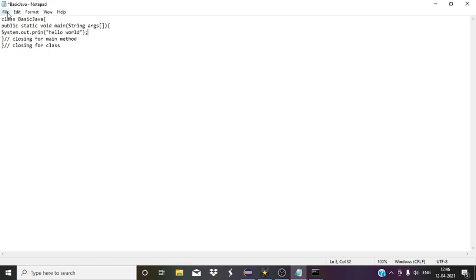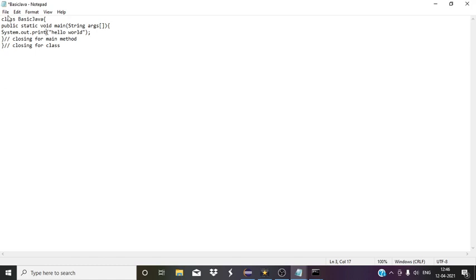We have to put a semicolon in order to close the statement. So System.out.print is again the syntax that we have to follow in order to print something.